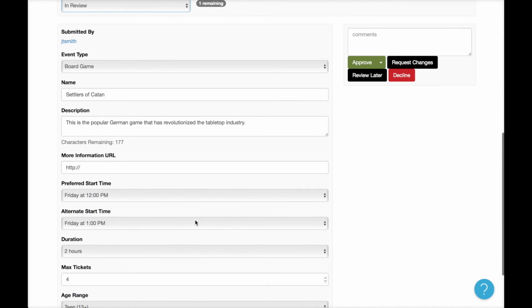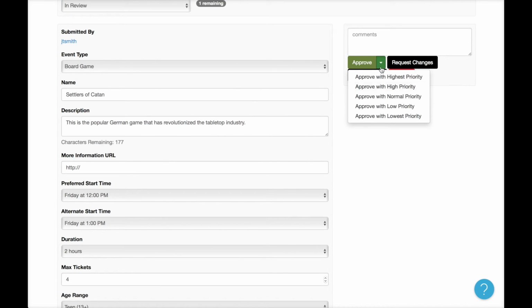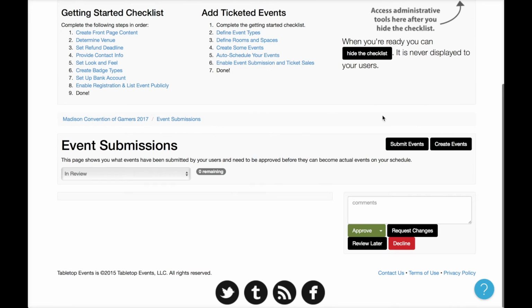I was going to take a look at this. You know what? I do like this one too, but because we have so much Catan, I'm just going to make that lowest priority. So if we do have more room for even more Catan, we will let that in the schedule. So now that we've had these events going back and forth, people are submitting events, we're approving events,